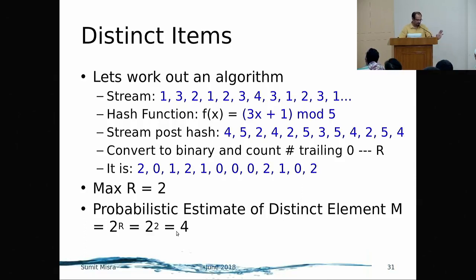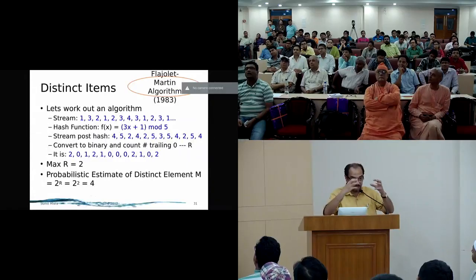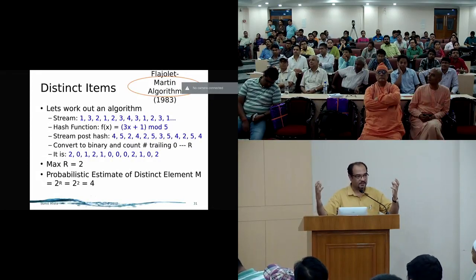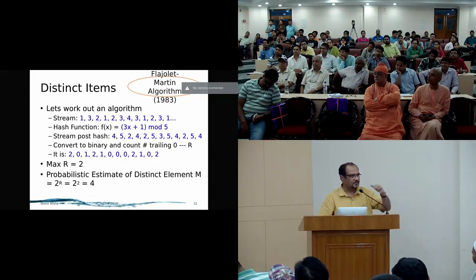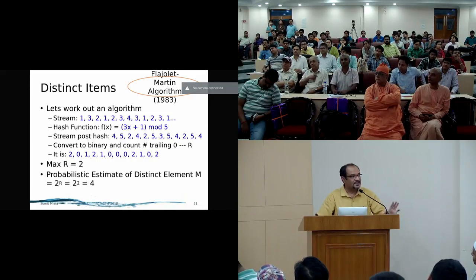Now this is complete mumbo jumbo, right? But this 4 is very close to the number of distinct items that you are seeing. You don't have to believe it. It is called the Flajolet-Martin algorithm, from 1983. The interesting thing is that as you see the stream, you can do this, so you can find out the number of distinct items by looking at this. You don't have to copy this. If you get the reference, the slides can be shared. This is from a Stanford University Press book, which is freely available. I'm just showing that there's an algorithm to do that. That's it.